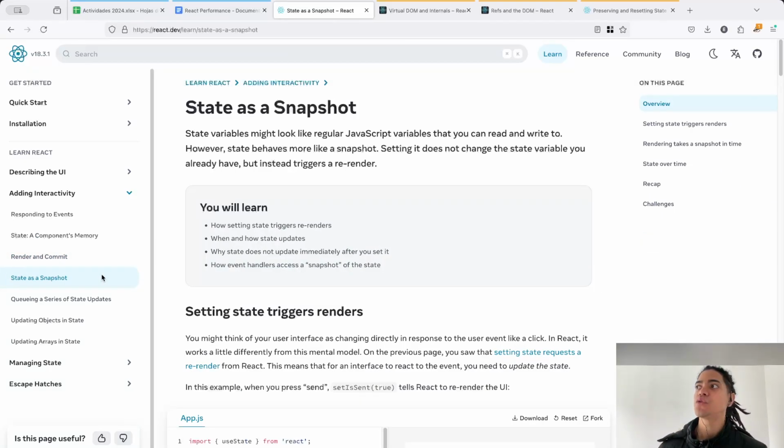when it comes to understanding how state works, unlike regular JavaScript, it behaves quite differently. Because now, any time you set a state, it triggers a re-rendering. And we can think of state as a snapshot. A snapshot during rendering, which means that when you are setting your state inside of your event handlers,